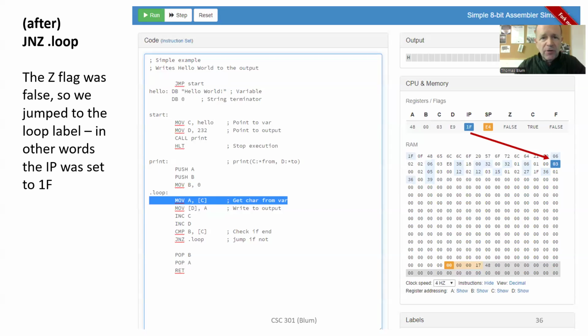In this video, the third in the series, we are looking at this Hello World program in assembly in this simple 8-bit architecture. We had gone through the first iteration of the loop. So we were down in the loop section of the assembly program, and we had just completed